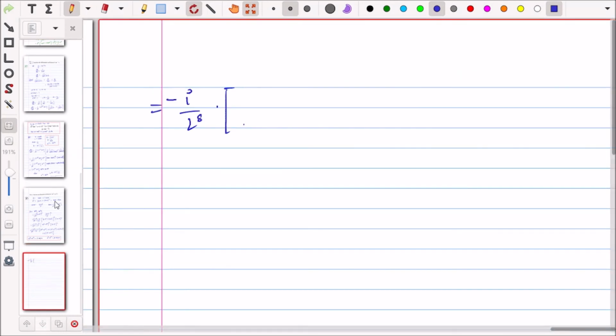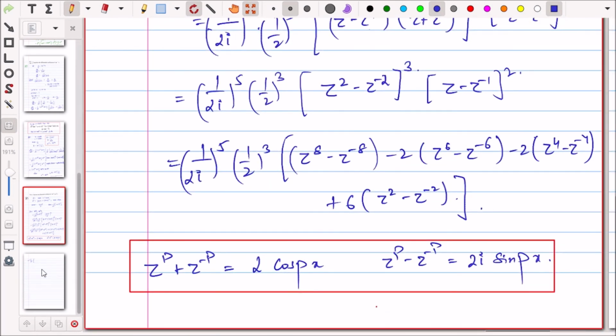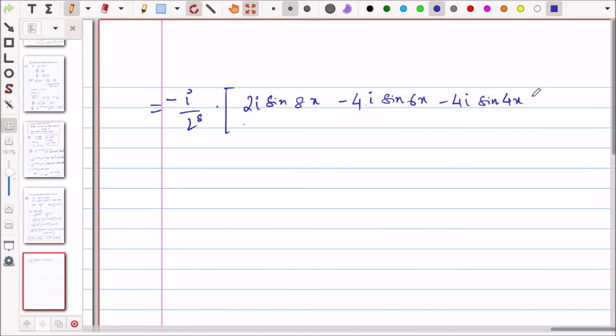So 2i sin 8x minus 2i sin 6x, or 2 or extra tha, so it will become 4i, right, minus 4i sin 4x plus 12i sin 2x. Okay,